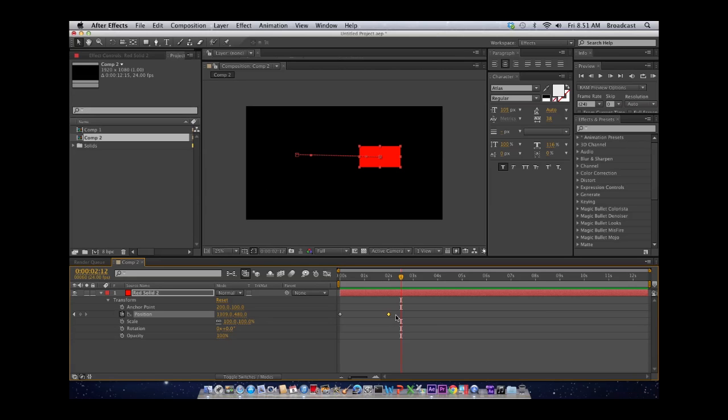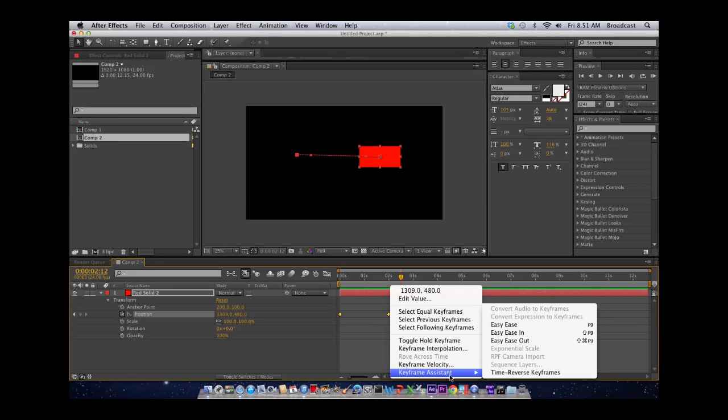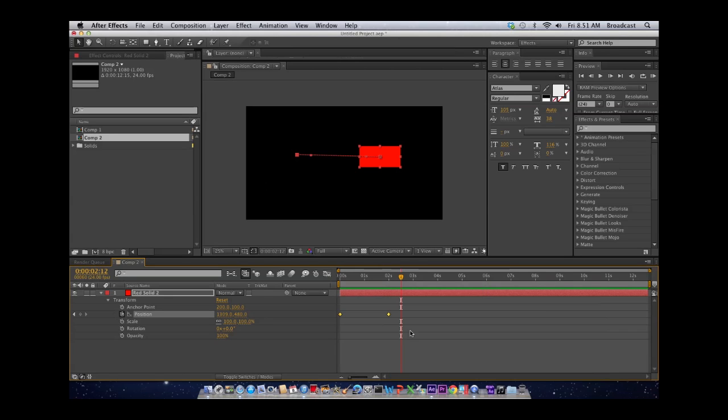So how we're going to change that is we're going to highlight the keyframes that we want to change and press Control. Go to Keyframe Assistance, Easy Ease, and you're going to get these. So what this is going to do, as you can see, you see little dots that the box goes over, and that's the